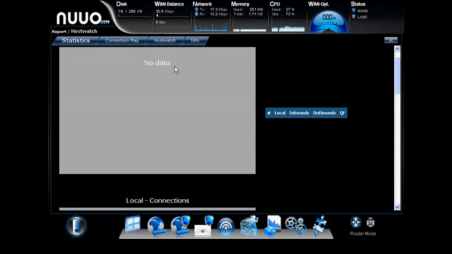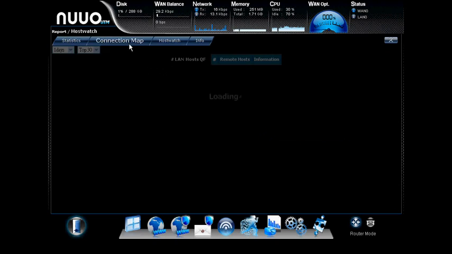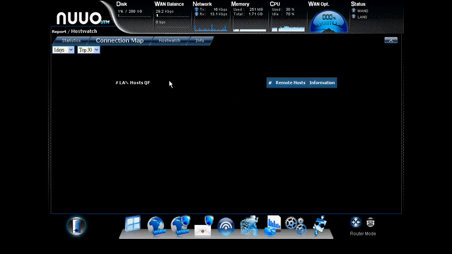As well as port data and port connection for inbound and outbound in pie graph. In connection map, you can see which LAN hosts connect to which remote hosts. Okay, and in host watch, which shows textual data